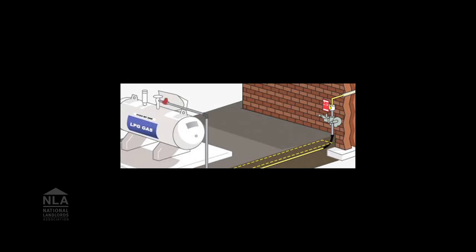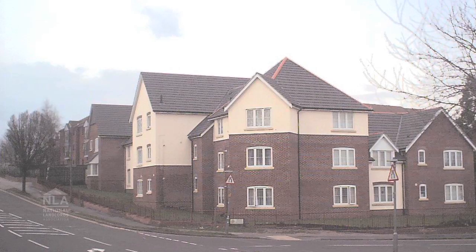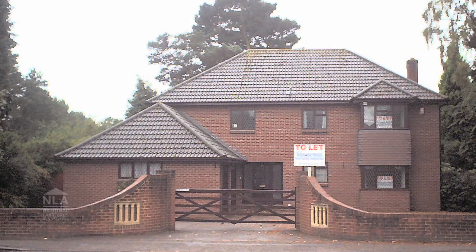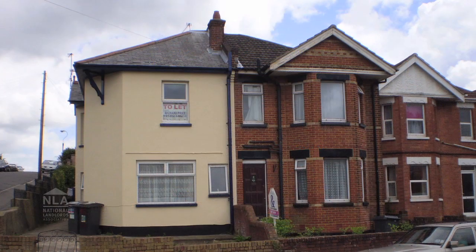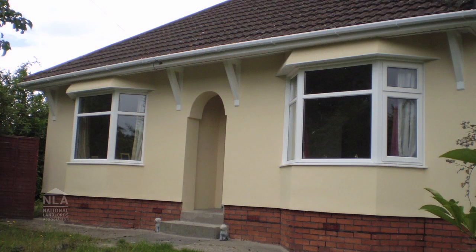For the purposes of the Gas Safety, Installation and Use Regulations 1998, a landlord is anyone who lets residential property under a tenancy agreement or a license that is shorter than 7 years. This includes, but is not limited to, the letting of single rooms to lodgers, letting houses, bungalows, flats or houses